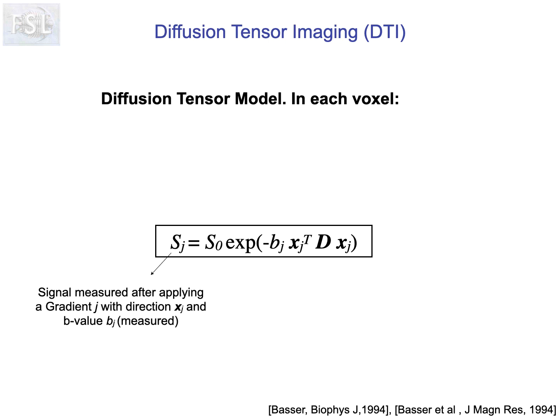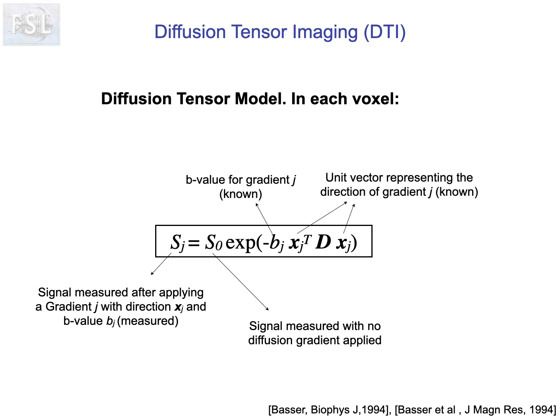Sj is our measurement for this voxel for the diffusion gradient j. S0 is the signal from the same voxel in the baseline or b0 image. And then we have a number of known parameters. bj is the b value of gradient j, which tells us how sensitive that image was to diffusion. And xj is the direction of the diffusion gradient, which determines in which direction we are sensitive to diffusion. Both the b value and the gradient orientation are things we told the scanner, and hence we know. So the only term in this equation we don't know is D, which is the diffusion tensor we are trying